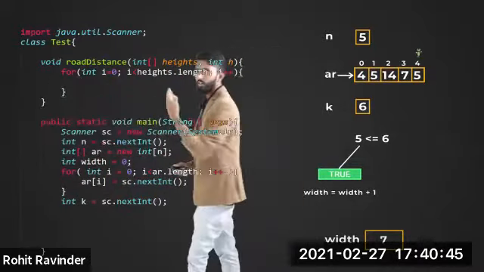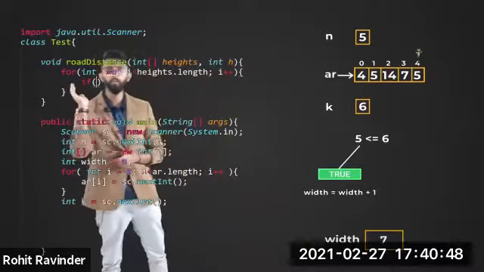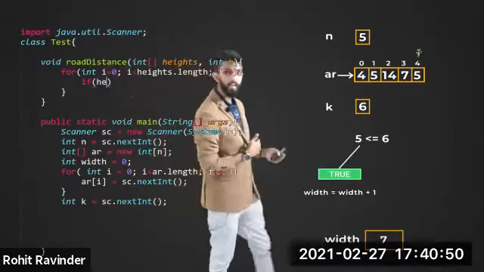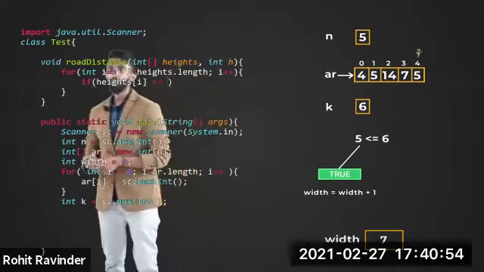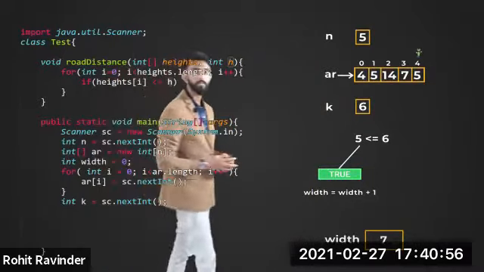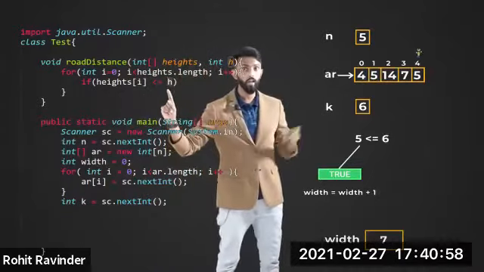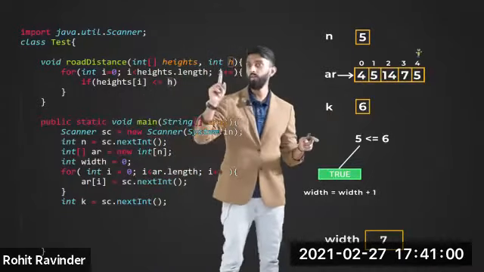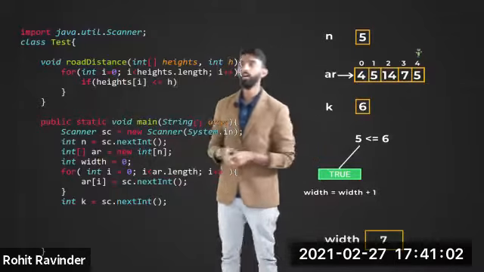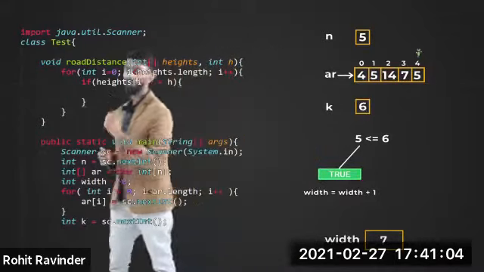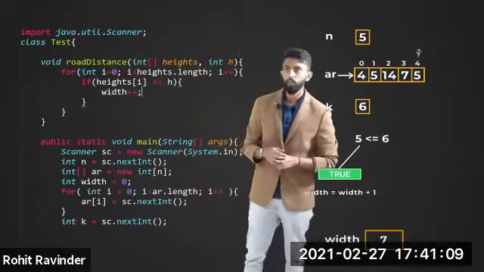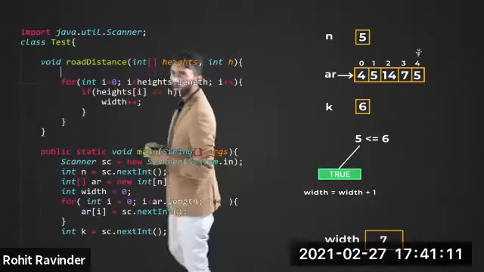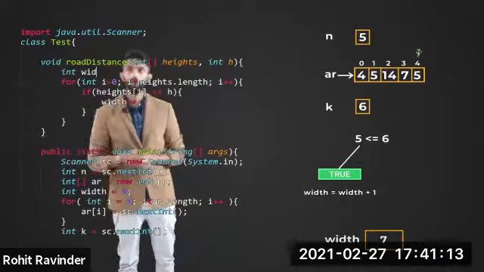Next, inside that, whatever I was doing previously, same thing I will do. If in case heights of i is less than or equal to k, if that is the case, width++. Okay, here also you should not write k. K is what we collected in, but in the function we are passing h, right? So I'll write h, and here width++.